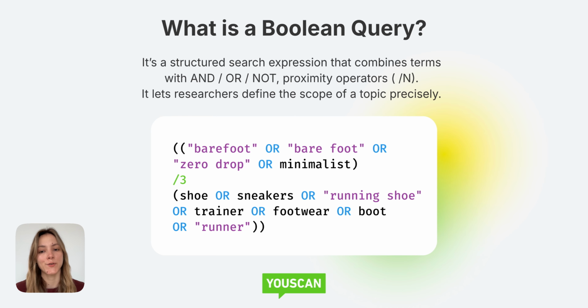Now, to capture the right conversations, you actually need a solid query. This is where Boolean logic comes in, combining keywords with operators like and, not, or, and proximity rules. And these keywords can be actually anything. Brand names, product names, hashtags, slang terms, brand campaign keywords, and basically anything people might just say online that's relevant